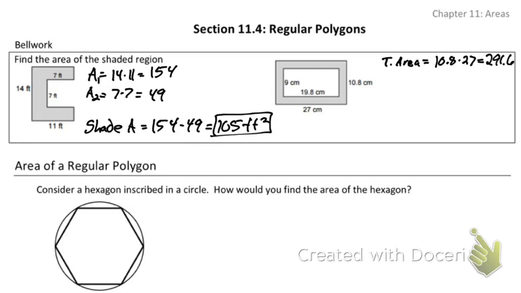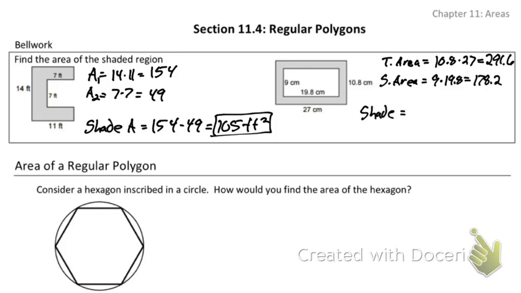All right, then we're going to do that small area, so just that white area. So let's just call that our small area. Our small area is going to equal 9 times 19.8. And what does that one result in? Aryan? 178.2. All right, to get the shaded area,